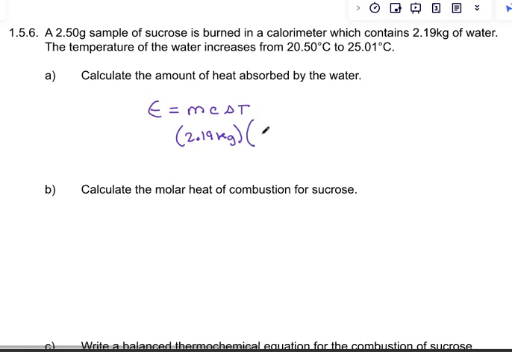So when I write the specific heat for water, I'm going to say 4.19 kilojoules per kilogram degrees Celsius. You can work in joules per gram or kilojoules per kilogram, but you can't mix and match. So this whole problem, or this whole section at least, I'm going to be in kilo. And temperature change from 20.5 up to 25.01 is 4.51 degrees